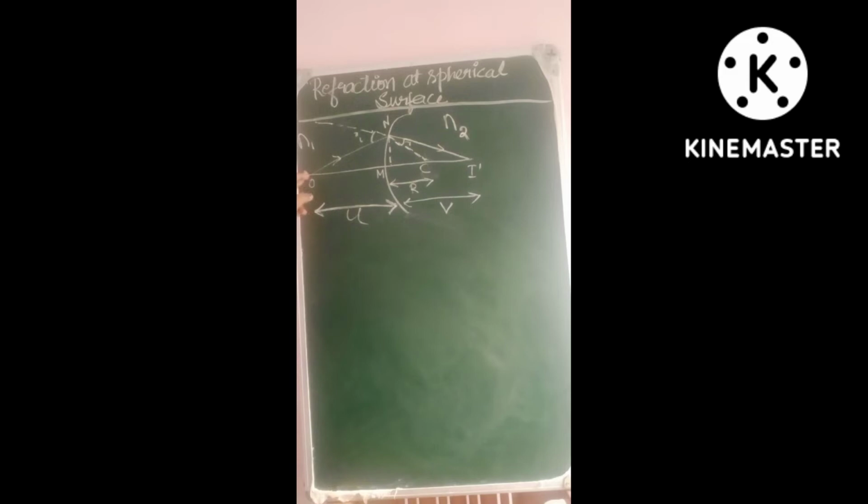Let us consider a ray of light from the object O. It forms the image at I dash, or let us consider this only as I. It forms the image at I. Then for small angles,